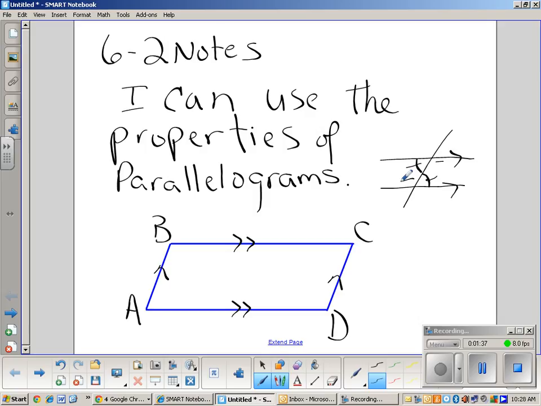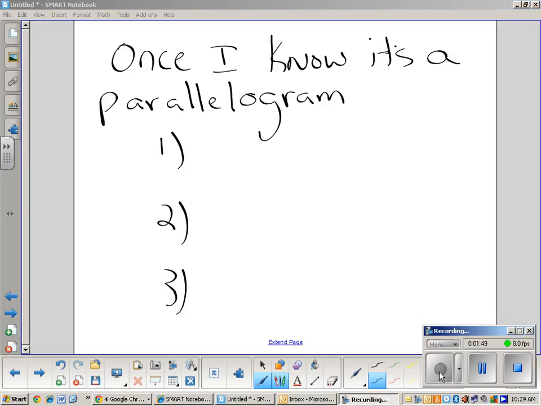We're also going to talk about the diagonals, which give us the properties of a parallelogram. Okay? So go ahead and write that. Now, this is important, and I'll cover how we know something's definitely a parallelogram in a minute. But once I know a figure is a parallelogram, there are three things that we can say. Okay? We can say, number one,